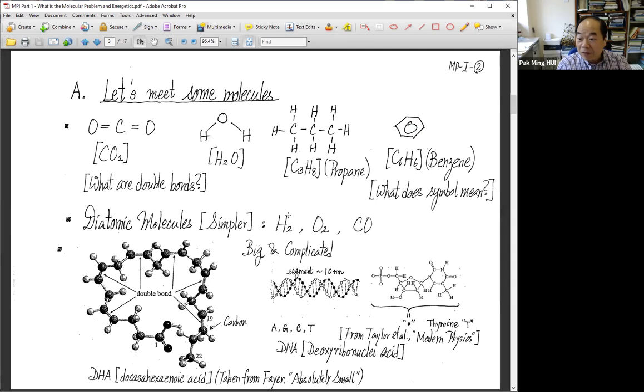Although many chemists draw it, and I don't think they understand it fully. So an even simpler one that we will often use in our discussion are the diatomic molecules. Molecules formed by only 2 atoms. Okay, nothing can be simpler than that, especially H2. That is the simplest neutral molecule. Because we have some molecular ions that can be simpler,